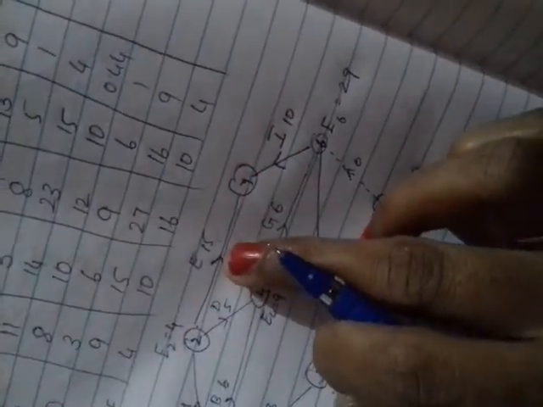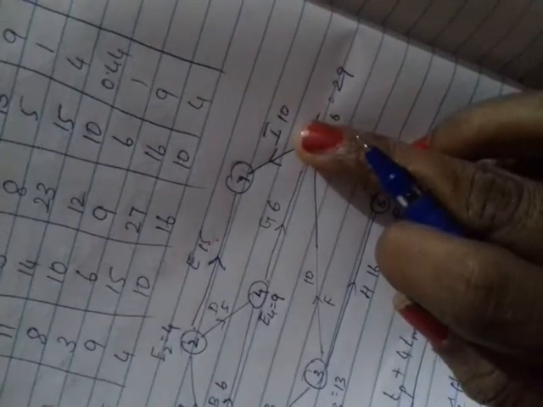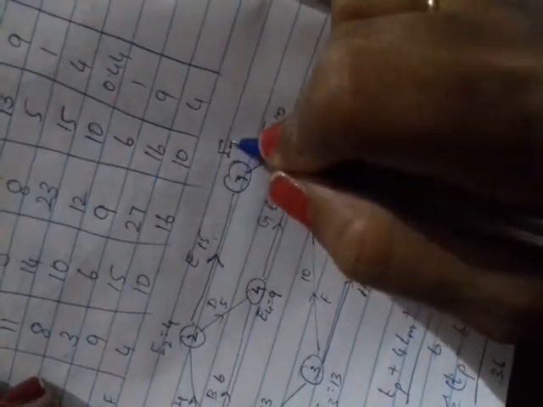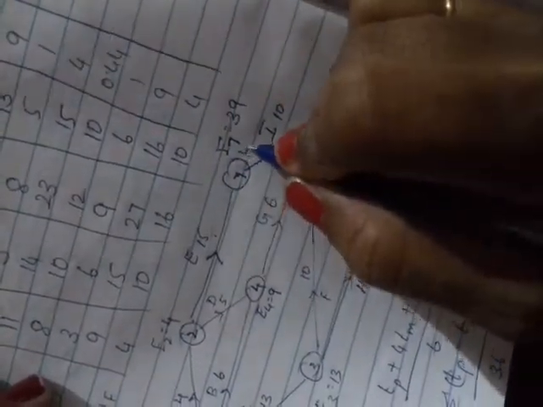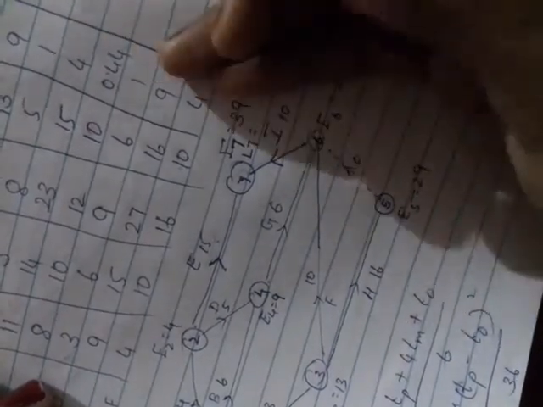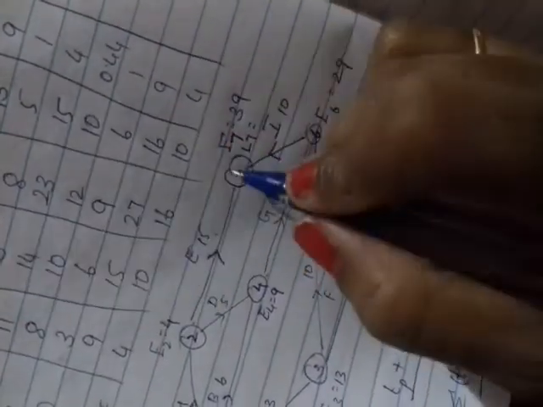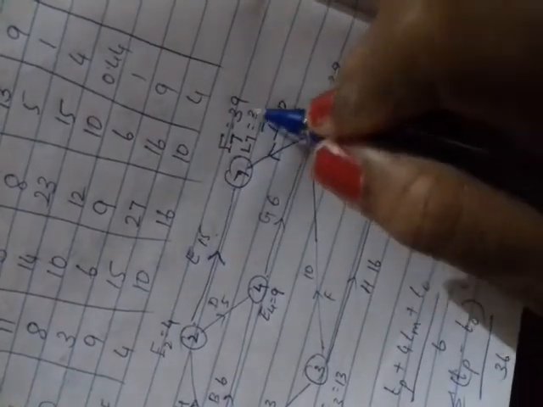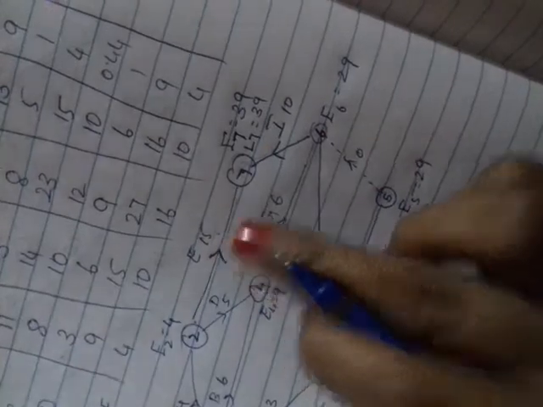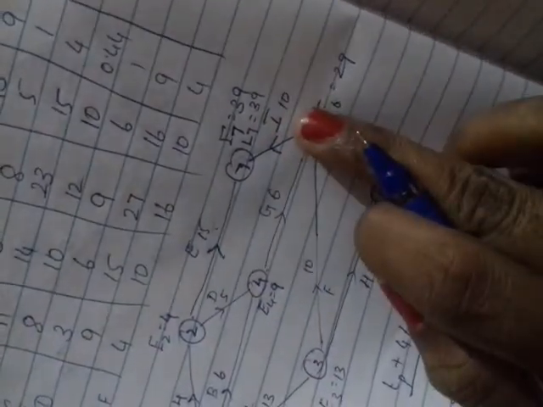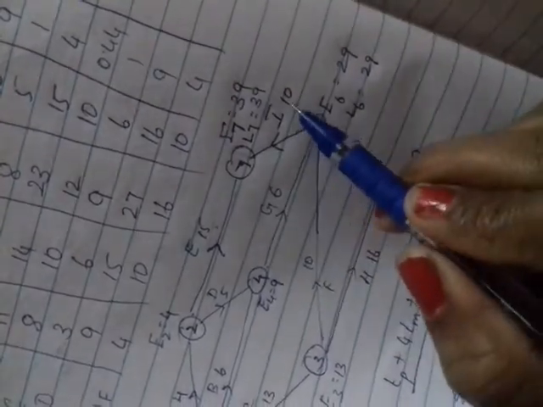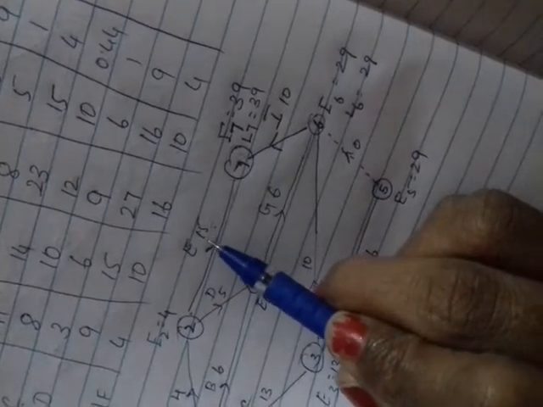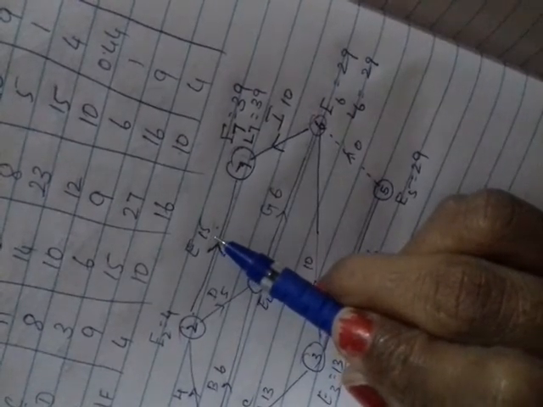And for the last node, there are two activities merging. So 4 plus 15 is 19, and 29 plus 10 is 39. So E7 is 39, the maximum value we put. Next, L7 you have to find out. For latest time, start with the last node. This is our last node. Start with the last node, L7, and write the same number. Then you have to subtract your duration. So 39, if you subtract 10, you will get L6 equal to 29. And 39, if you subtract 15, you will get 24.